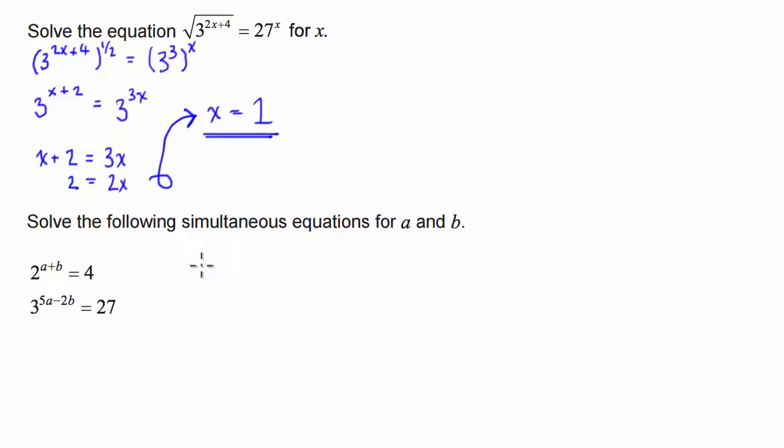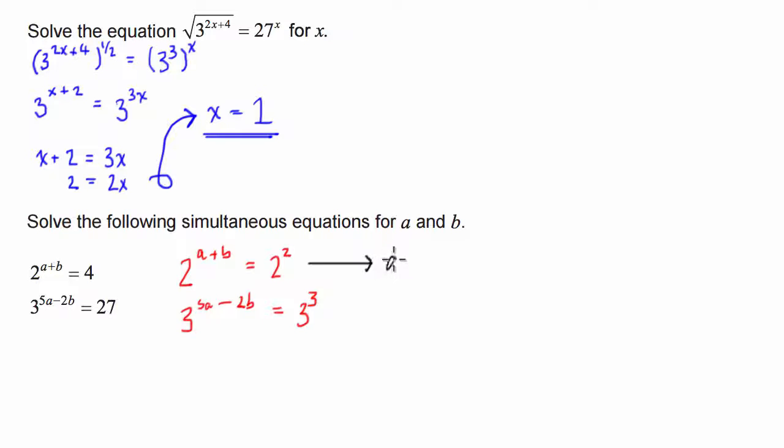So we're going to be able to rewrite the first one as 2 to the power of a plus b is equal to 2 squared. And we have 3 to the 5a minus 2b, that's supposed to be a 2, is equal to 3 to the power of 3. Now, what this is going to allow us to do is, again, like we had in the first equation, if the bases are the same and they're equal to each other, that means the powers have to be equal to each other. So what this is going to yield